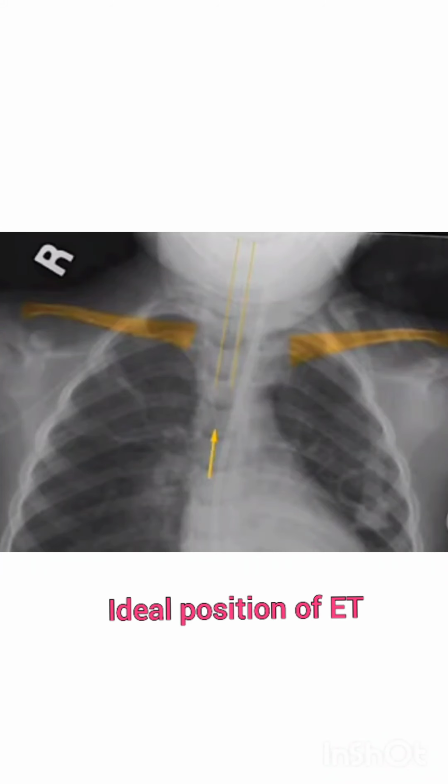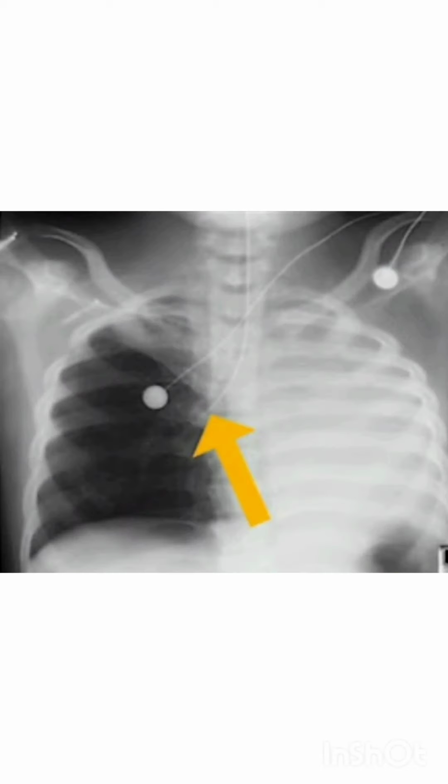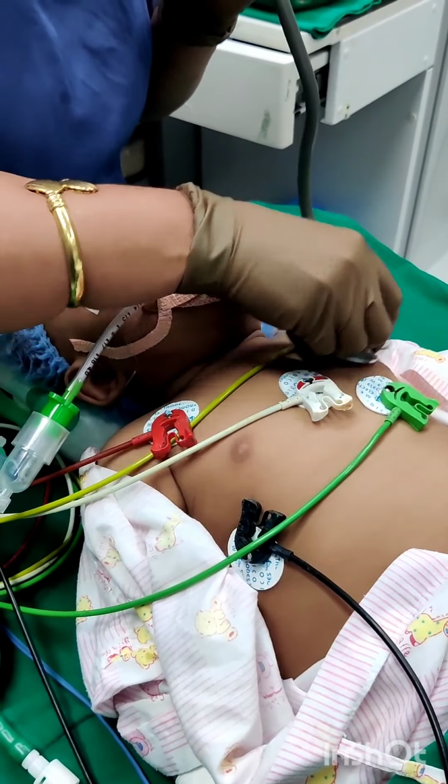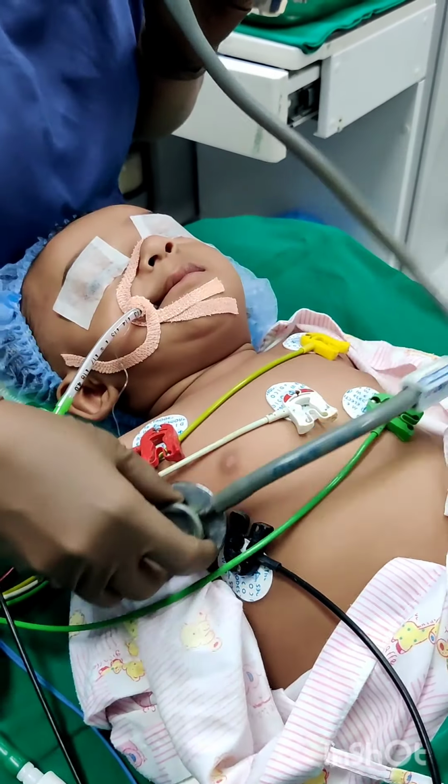An X-ray chest confirms the optimal placement of the endotracheal tube in the trachea. The appropriate position would be the distal tip of the endotracheal tube below the level of the clavicle and above the carina. Right mainstem bronchial intubation may occur if the endotracheal tube is advanced too far into the trachea. In such cases, again do a laryngoscopy and withdraw the endotracheal tube under vision. Additional doses of sedation and analgesia should be administered soon after intubation depending upon the clinical circumstances.